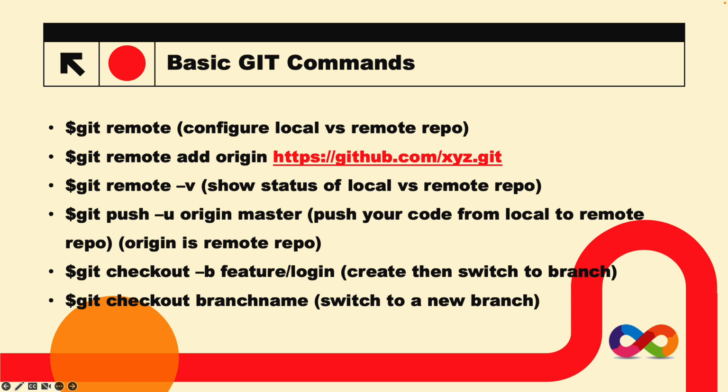Now, after the changes have been committed locally, you need to push these changes from your local machine to the centralized repository. You can use that with the push command. Checkout is a command that will allow you to create branches. So if you want to create a branch that is not there, you can use git checkout -b future login. It will create the branch if it's not there. If you want to switch from the main branch to another branch name, you can use git checkout branch name,